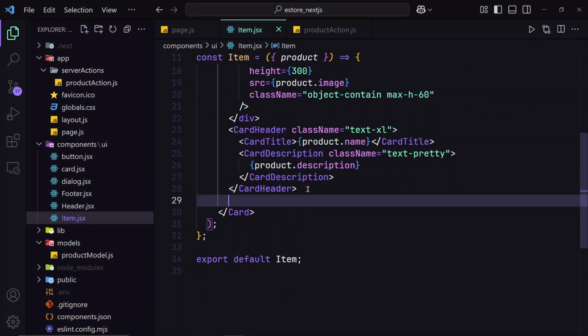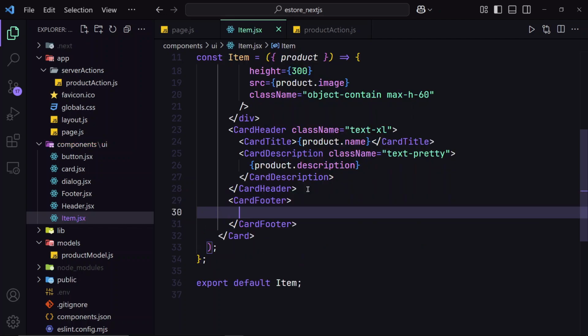After card header, add card footer. Here we'll specify the price of our product and also add the purchase button, span,